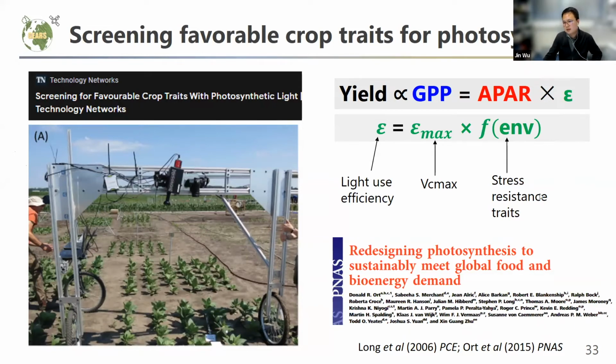Alternatively, some other stress resistant traits, for example a drought resistant trait, a temperature resistant trait, and even a shock resistant trait, are potentially also important to improve crop yield in certain regions, especially in semi-arid regions, right? So potentially the technique shown here, like hyperspectral remote sensing, not only can be used to monitor Vmax, but can also help to screen this kind of stress resistant trait as well. But more tests are still needed.